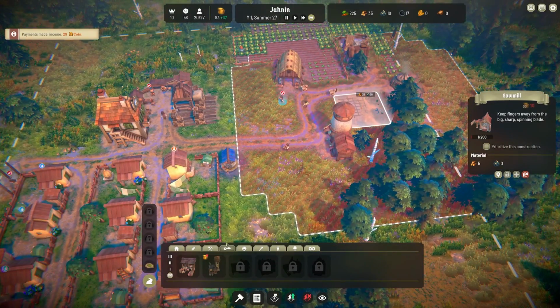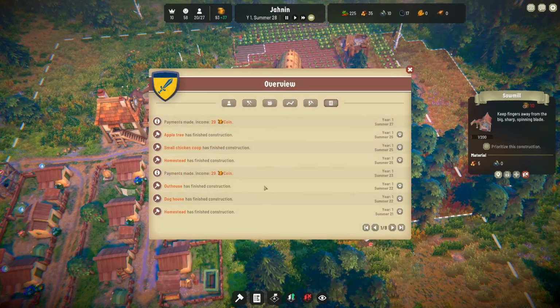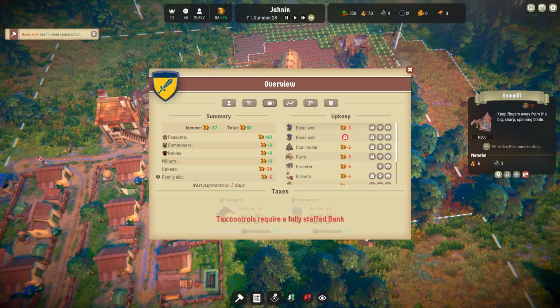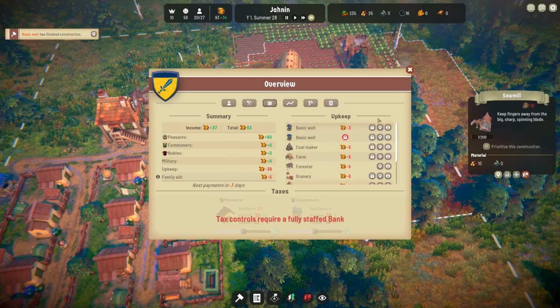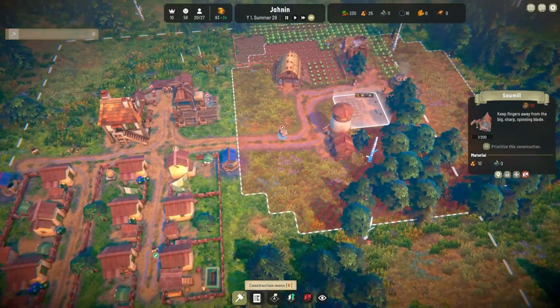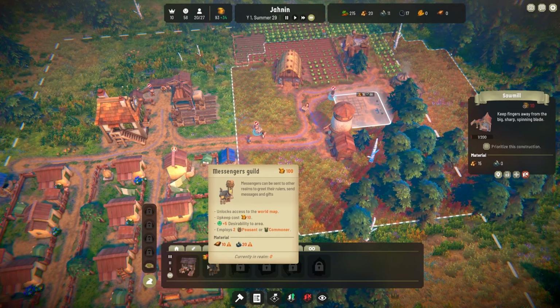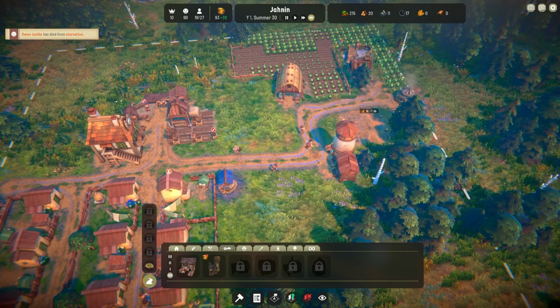Yeah, we're a little bit thin on the ground with regards to coin at the moment. I don't think that we can actually put our taxes up yet. Yeah, tax control requires a fully staffed bank, but we are going to get a payment in a couple of days, which is good. Yeah, that's all looking fine. But I do need to get a messenger guild because that's going to allow us to access the world map, and the world map is, I guess, one of the features that really sort of sets...